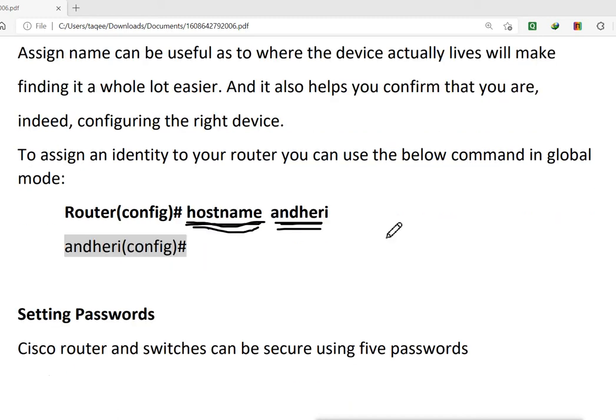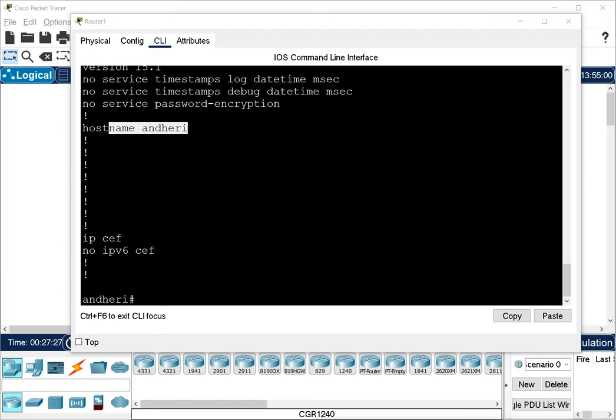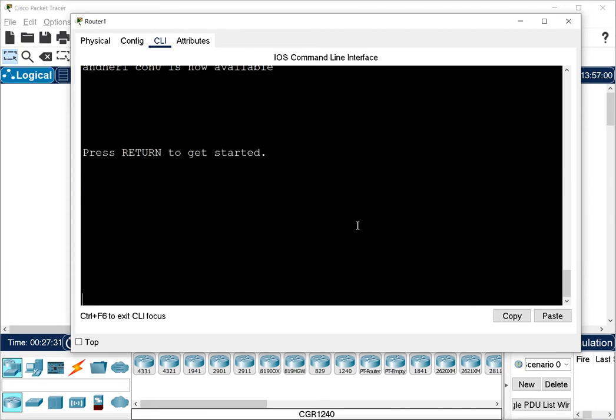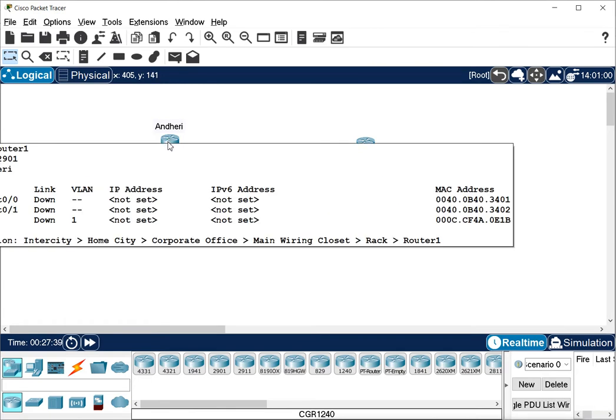After configuring the name, we have to configure the password to secure our router, so that nobody can get access. Remember, till now it is not secure. As you can see, when I try to access the router, I will exit from here. To access the router, we just connect the console cable or auxiliary cable to it.